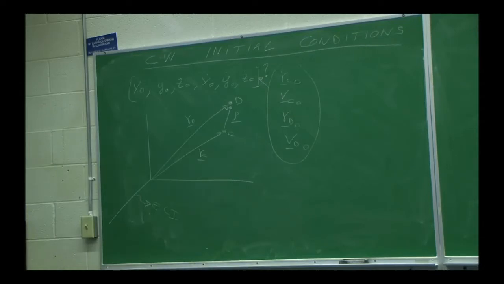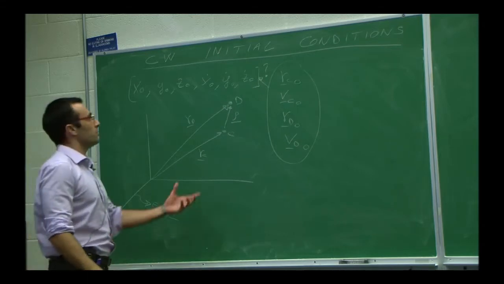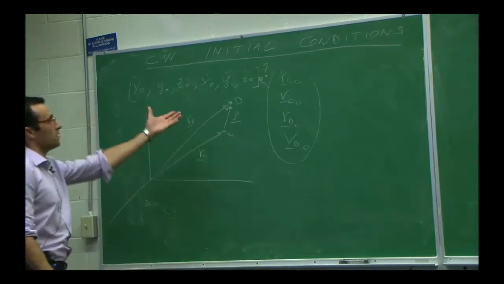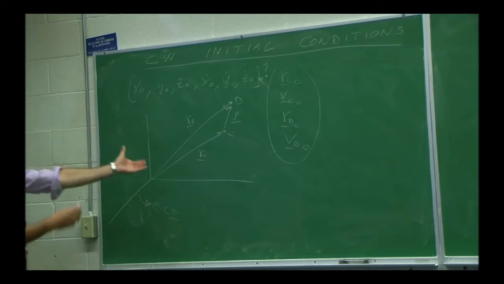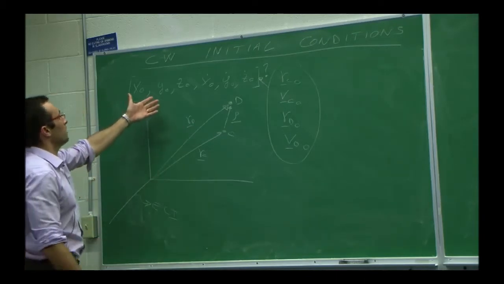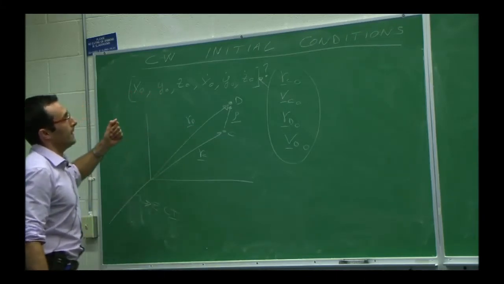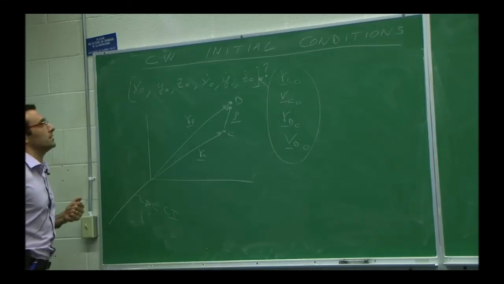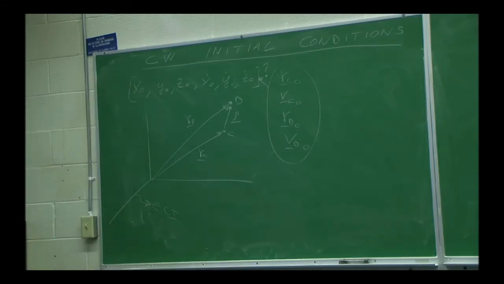You choose your ISS as the reference point. You know its orbit. You will probably be able to measure a certain position and velocity of the deputy. If you want to switch to using Clohessy-Wiltshire equations because they are convenient, well, how do you find these numbers? Any ideas? It is basic. I was going to say dynamics is really just kinematics. It is really just kinematics.